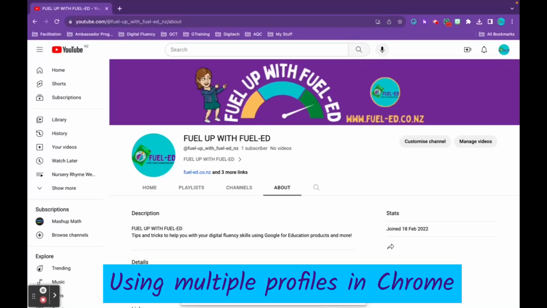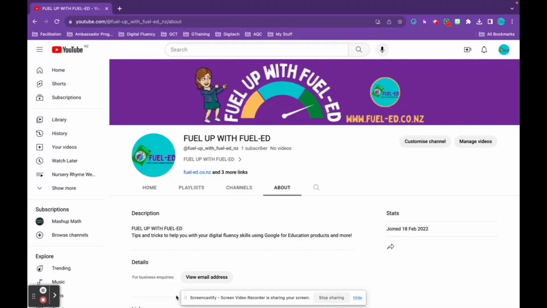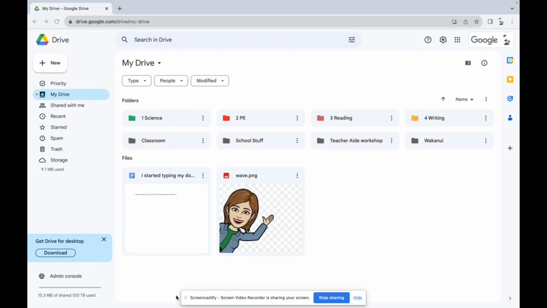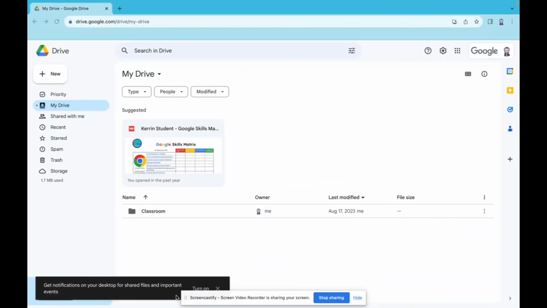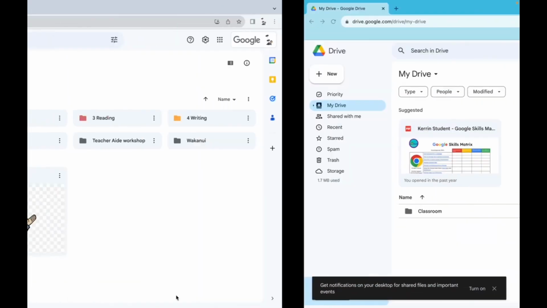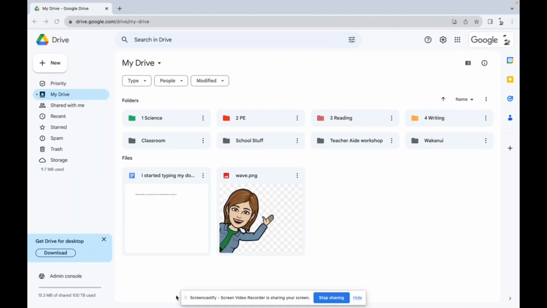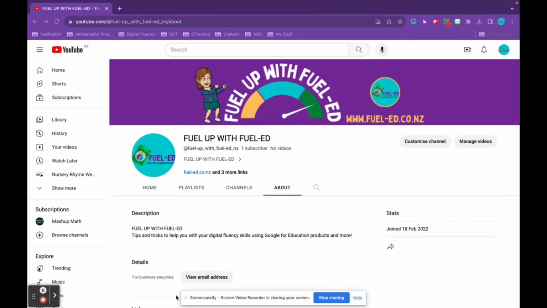I have multiple Google accounts which I want to be able to use on the same device. On this device, I have my Fuel Ed profile, my trainer profile, and my student profile. You can have multiple profiles running on a device without worrying about files or folders ending up in the wrong place. If you want to add another profile in your Chrome browser, you will see in the top right-hand corner